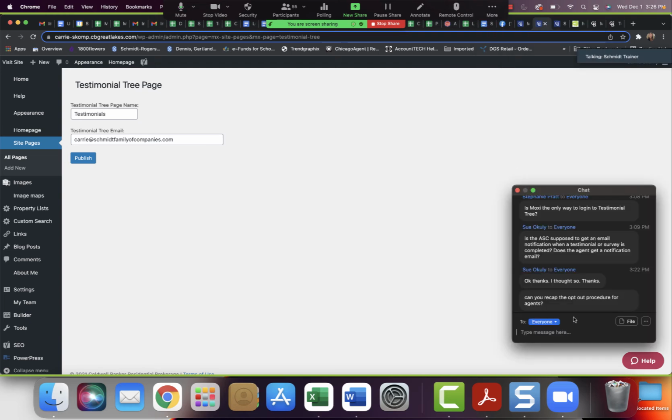I did have a question, so let me take a little read. Yes, great question. Sue wanted me to recap the opt-out procedure for agents. In Michigan and Ohio, when a loop is marked as closed, that night the survey request will be triggered. In Florida, as soon as it's marked as closed in app files, that night the survey is sent to the client. If your agent wants to use this tool manually, and ask for reviews themselves, or if they don't want to use it at all and don't want that automation to go through,